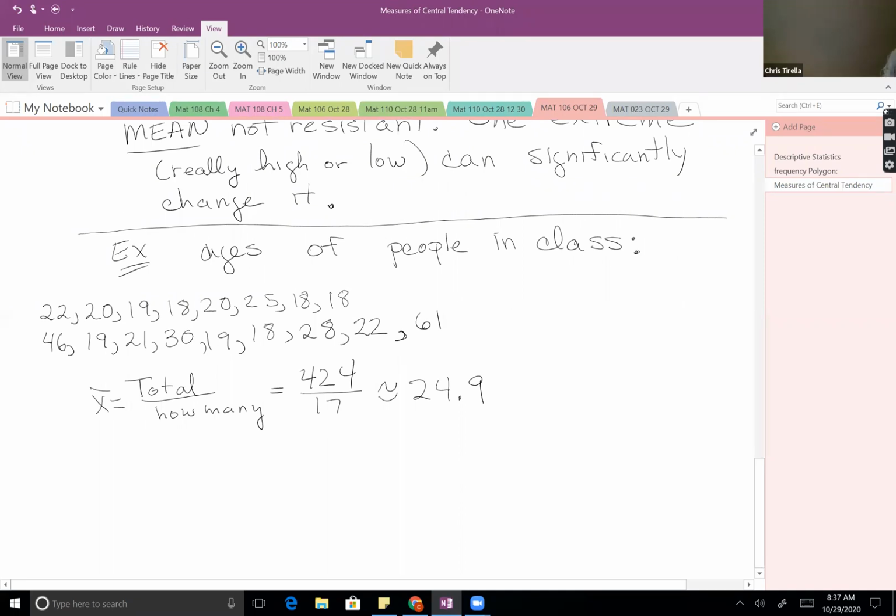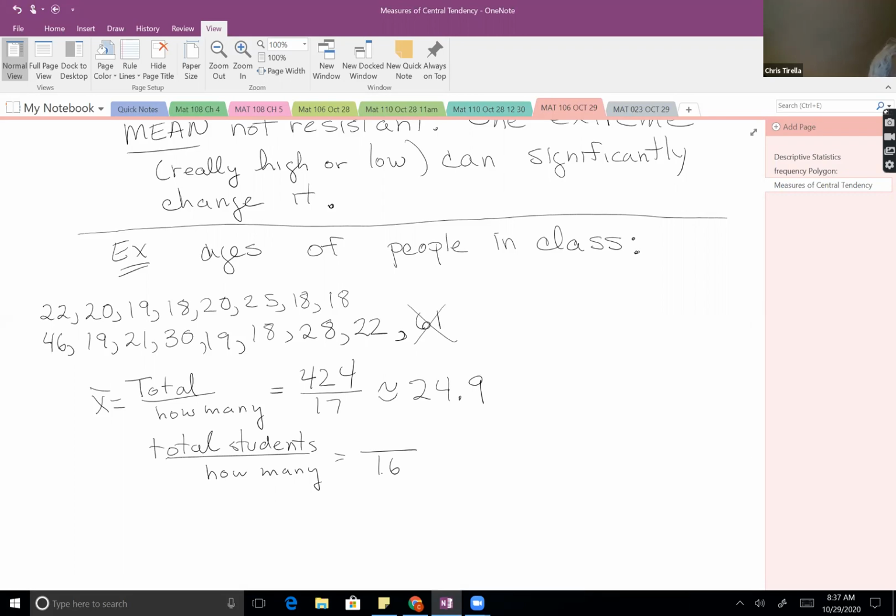And I'm thinking, looking at that list of numbers, that looks kind of high for the people in there. And I think what makes that high is me. So if we take the total of just the students and divide by how many, our number will be 16. And if we take that 61 from the